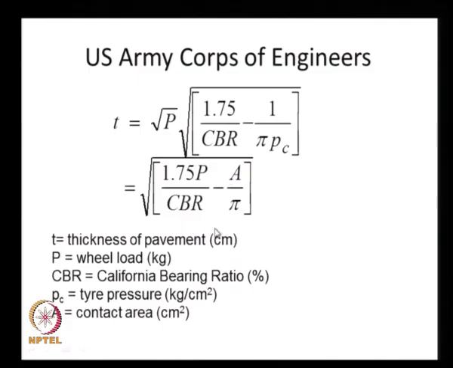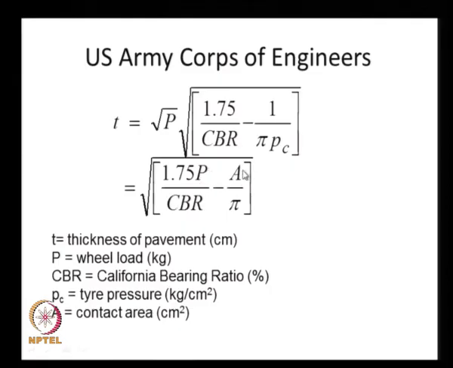And the US Army Corps of Engineers were the first ones to suggest the thickness of pavements depending on the type of loading that we have, and here we see a very highly empirical formula where the thickness T is given in centimeters, square root of P multiplied by square root of 1.75 by CBR minus 1 by pi times Pc, or by taking this P inside the square root, we can write the thickness of the pavements as square root of 1.75 P divided by CBR minus A divided by pi,